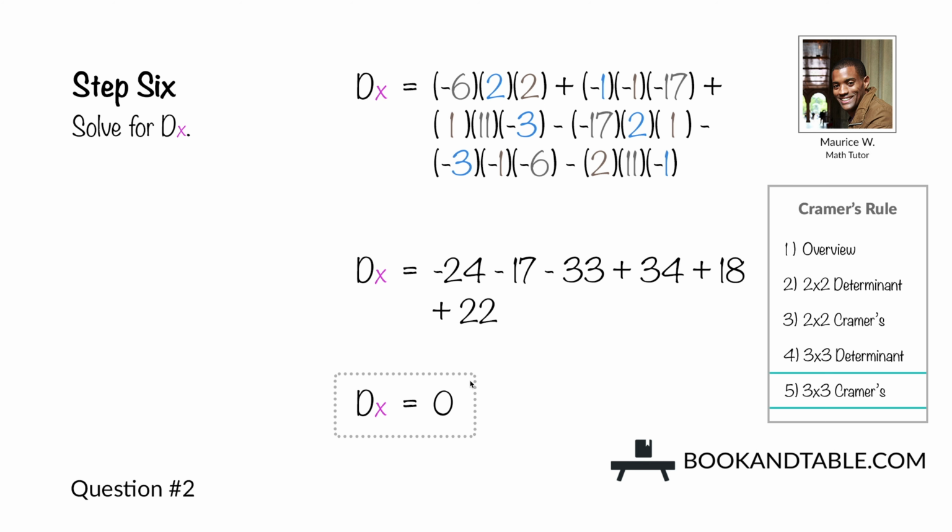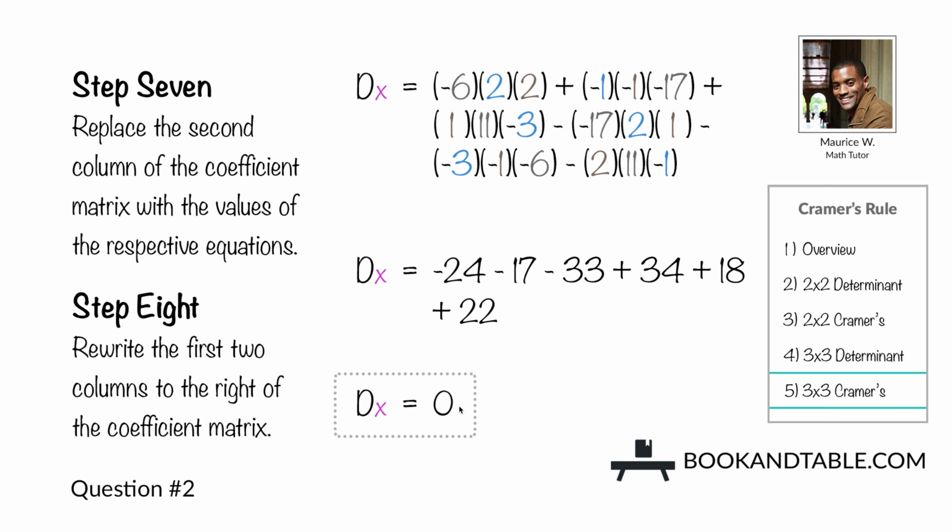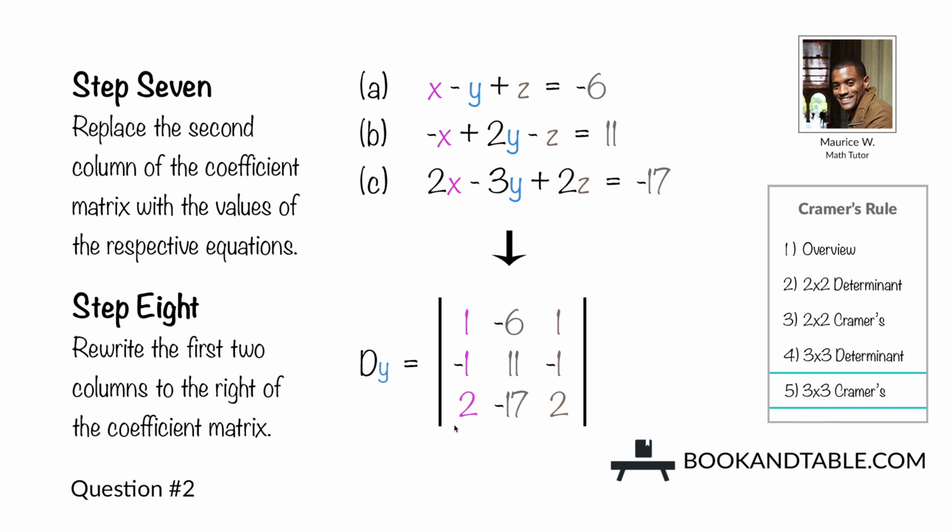So now that we have found dx, we can put this value to the side, and now we want to try to find dy. So step 7, replace the second column of the coefficient matrix with the values of the respective equations. So we swap out negative 1 for negative 6. We swap out 2 for 11. And we swap out negative 3 for negative 17. And now we want to rewrite the first two columns to the right of the coefficient matrix